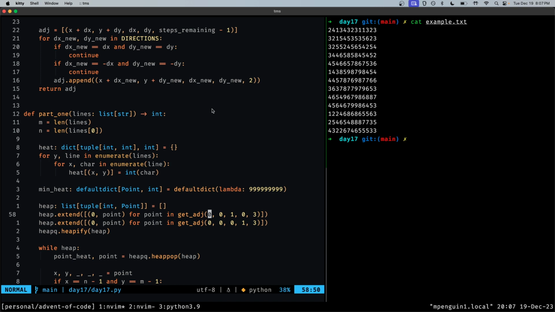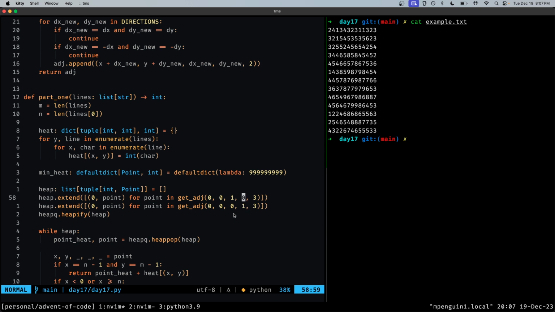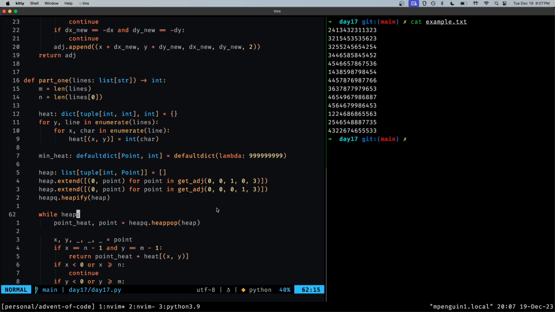We start out, our initial position is not just, since we're keeping track of direction too, we start out at x0, y0, but could be facing to the right or to the left, which is why we're adding 2 of these values to the heap. And we're actually not adding 2 values, but the adjacent points to these 2 starting values. Yeah, so that's that. Then we continue to iterate until the heap is empty, in which case we'll have completed